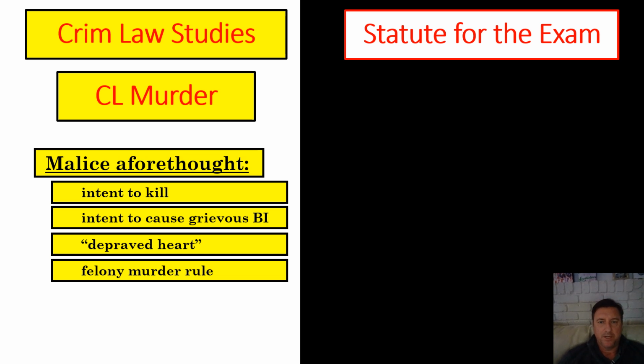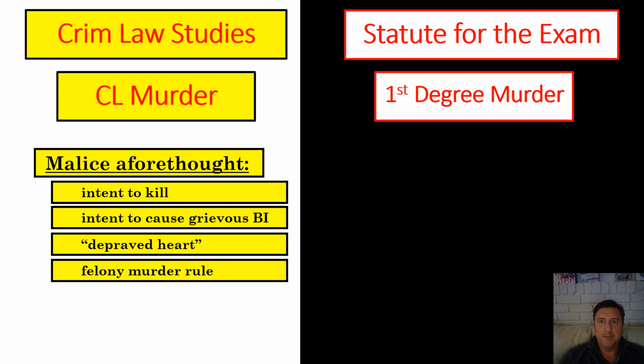So as we know, every jurisdiction has a statute. As the test giver, the bar exam, or your professor, they're going to have a fake statute. They're going to have, in my case, Porter's Penal Code, the PPC, and the PPC is going to draw from your understanding of murder, and most specifically the developed malice aforethought definition. And I'm going to make some choices. First choice I'm going to make is I'm going to have some different degrees. I'm going to have a first degree, I'm going to have a second degree murder, and I'm going to choose essentially what's worse.